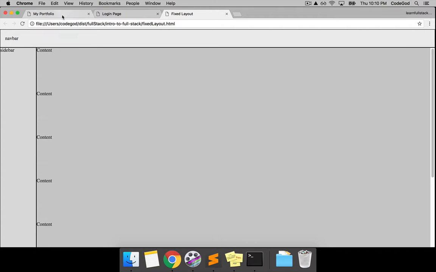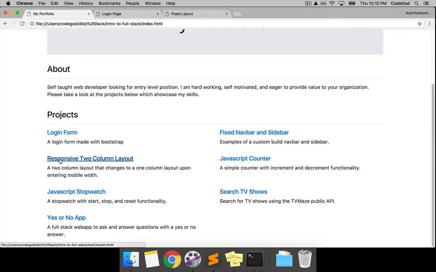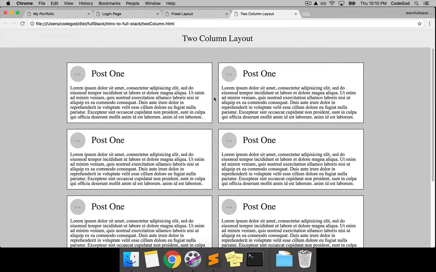it's going to be important for us to be able to build layouts like these on our own. Building off of the fixed navbar, we're going to go on to the 2-column layout. For this 2-column layout, we're going to be using the fixed navbar that we created before, and then we're going to be going over this pattern, which is another common pattern. I know that Medium.com uses this sort of idea, even though it has a 3-column layout here and then